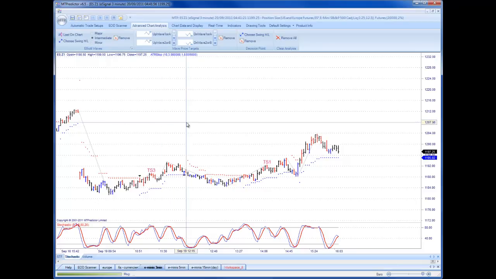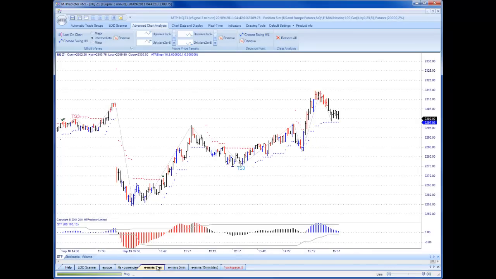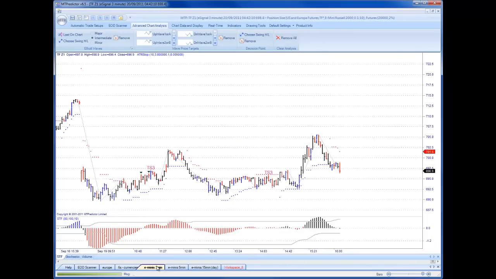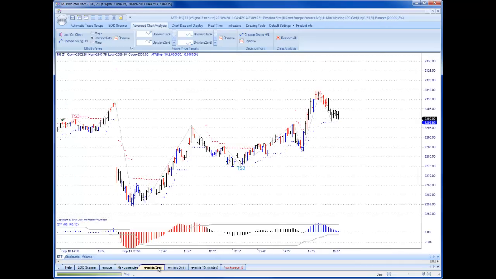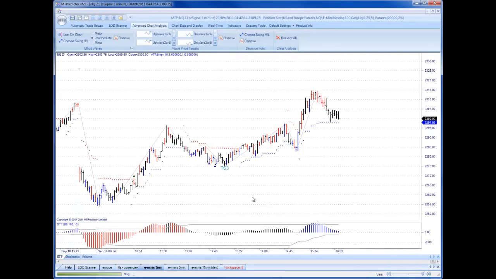Now we did have a TS2, a small buy setup here on the ES, and as you can see that did actually get stopped out for a -1R loss. Loss was small and under control, which is okay. On the YM there were no buy setups. On the NQ, I'll come back to that in a minute. On the Russell Index, no buy setups. So the market I want to look at is the NQ,